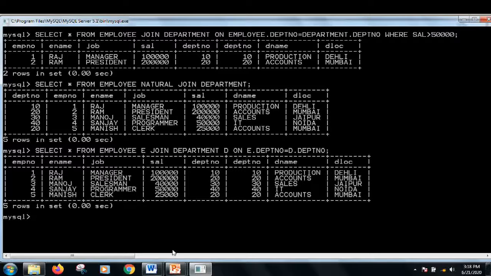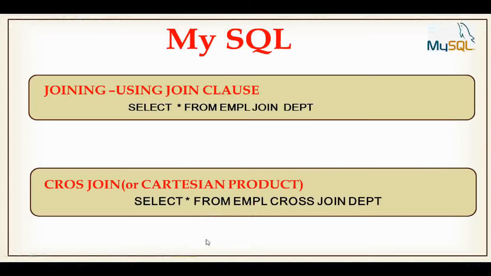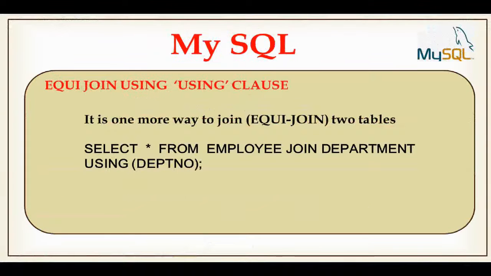There is one more method of joining the tables using the using clause. It is the third method using which you can do the equijoin between the two tables. What you will write is, instead of the on clause, you will write using department number. Let me show you how this is done.